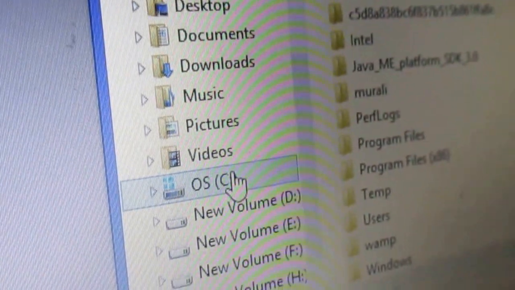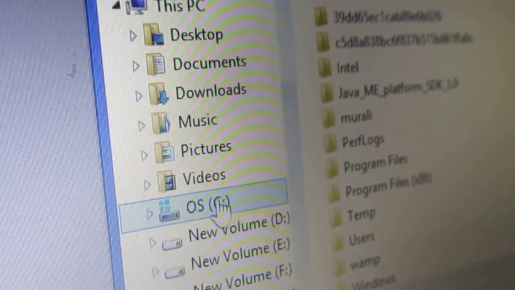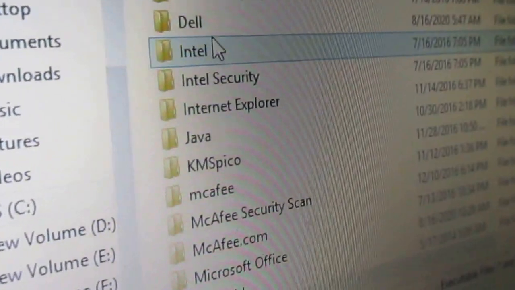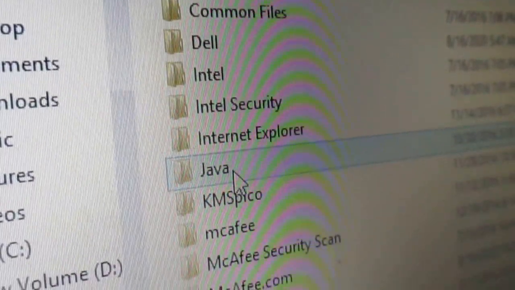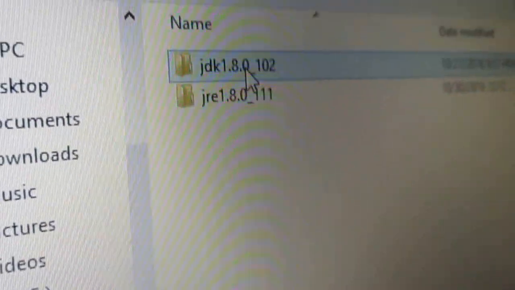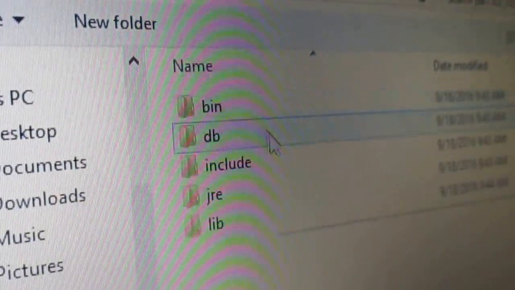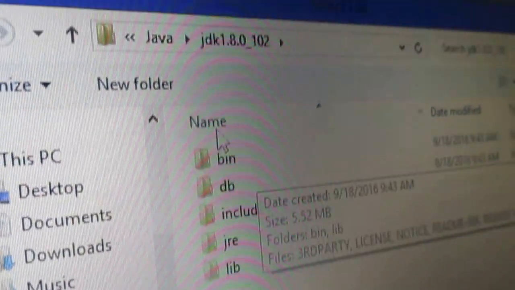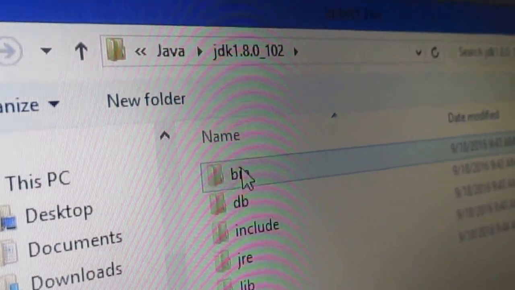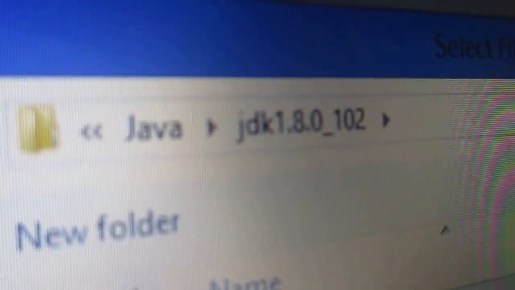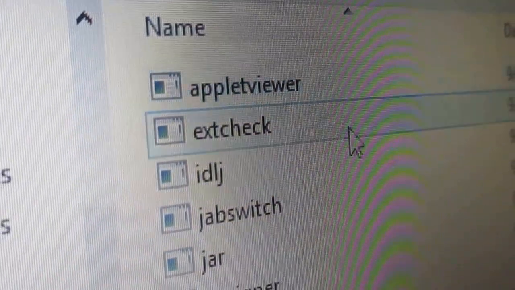If you have already installed Java, it will be inside the C drive, Program Files, Java, and inside Java you will have the JDK. On my system JDK 1.8 has been installed, and here we need to click on bin.